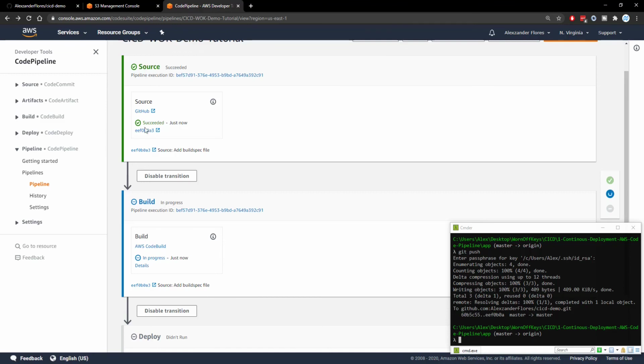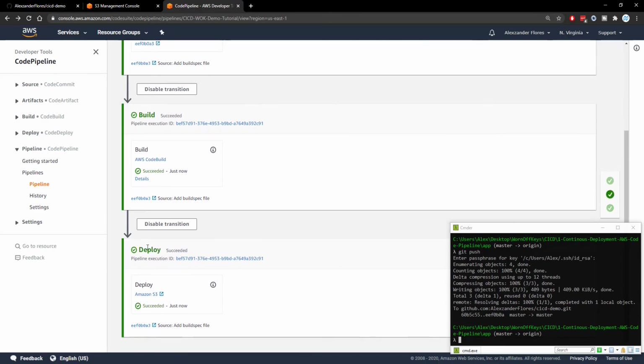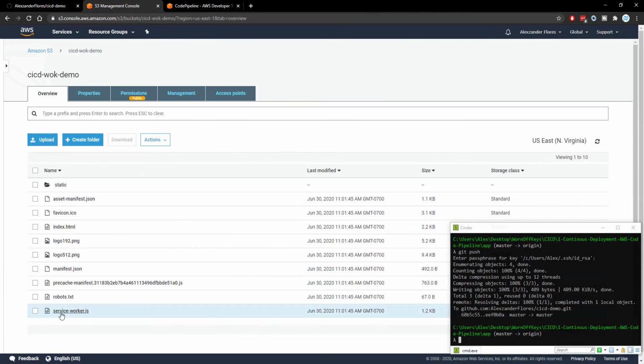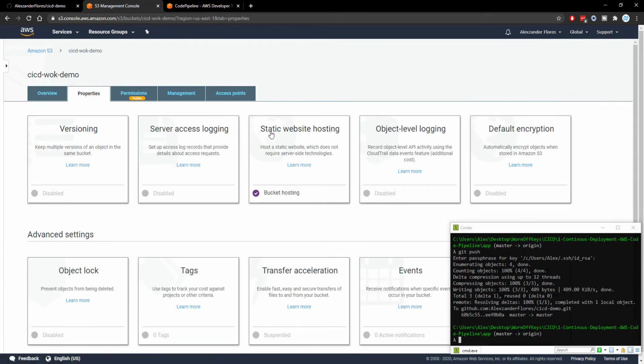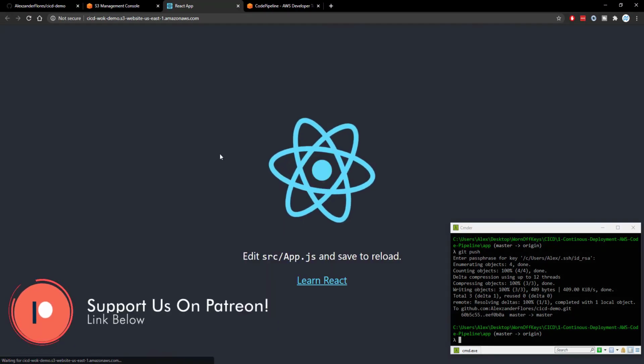So we see that it was successfully able to get it. And now it'll deploy here for a few seconds. Okay, so the build was successful and almost immediately afterwards, the deploy was successful as well. So if we go back to S3 and we click on refresh, we see all of our files here. We did not upload these manually. CodePipeline put them in there automatically. We can go to properties. We can go to static website hosting, and if we click on this endpoint right here,